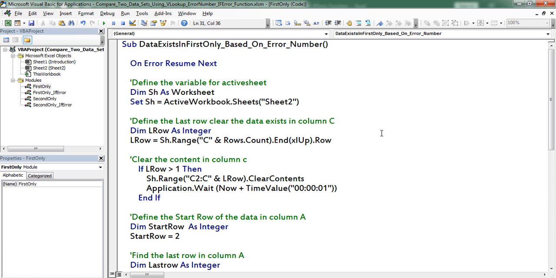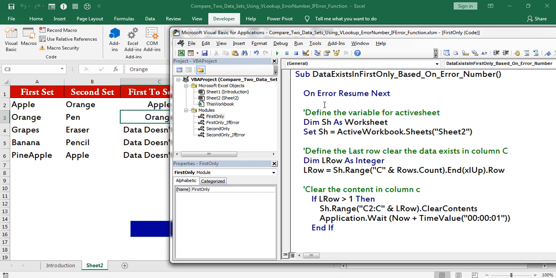This is the complete coding. Let me explain step by step. Here I used On Error Resume Next. Thereafter, I declared a variable for active worksheet. Variable name is sh. Set sh is equal to ActiveWorkbook.Sheets(2). Next,